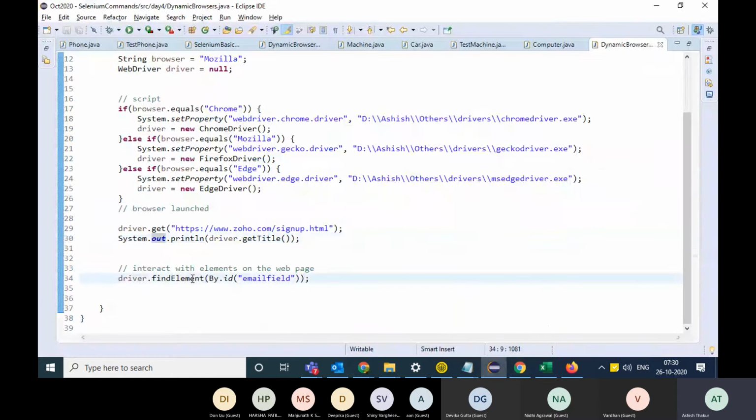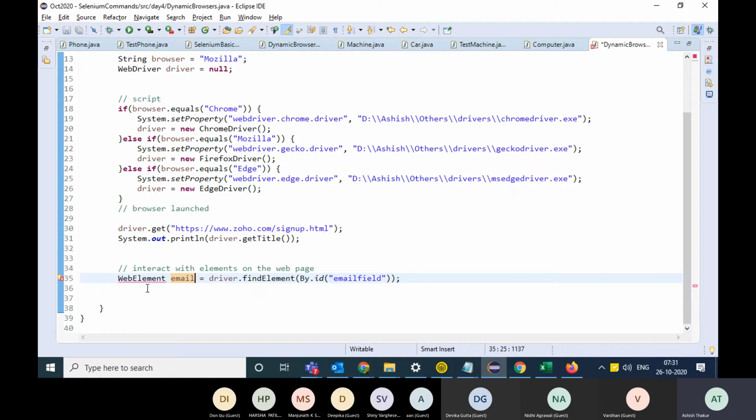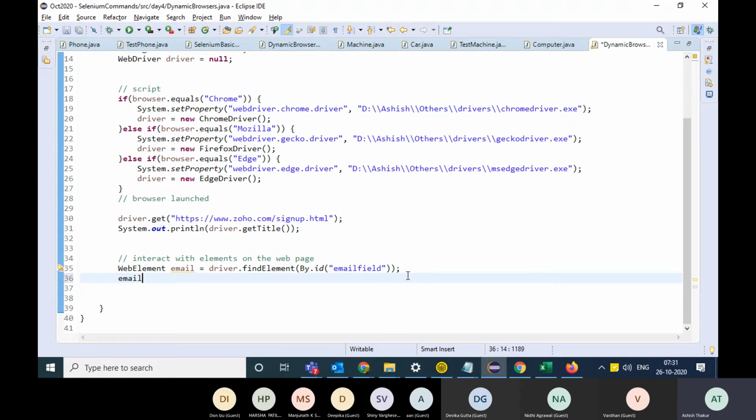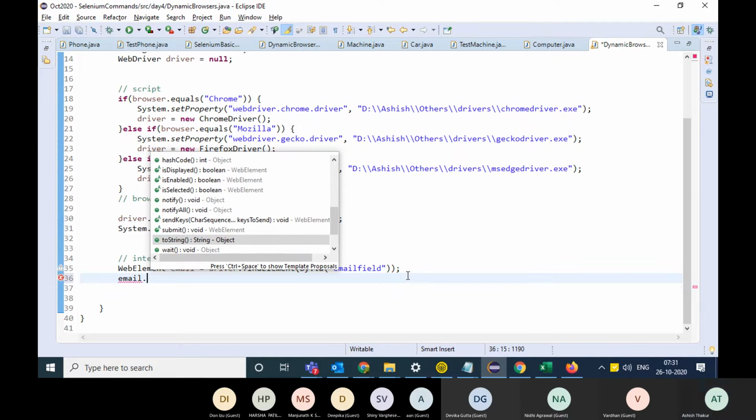So it basically extracts the web element, and it will give you the web element, say email. I'll call it email. You can import your WebElement interface as well. Now, what do you want to do with this email field? Email dot, you will get a lot of options which can be performed on any element on the web page.